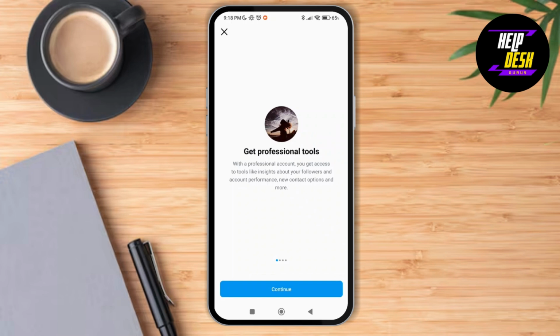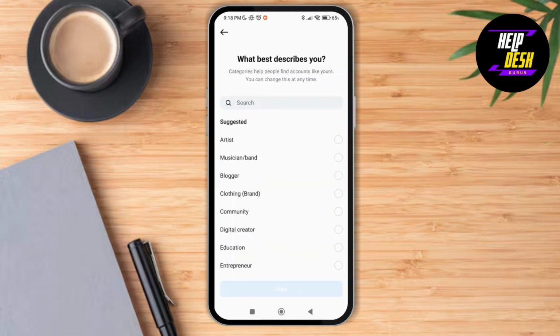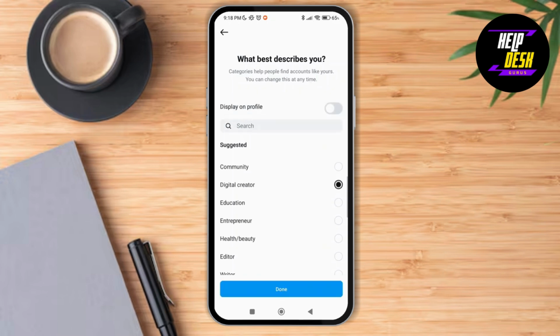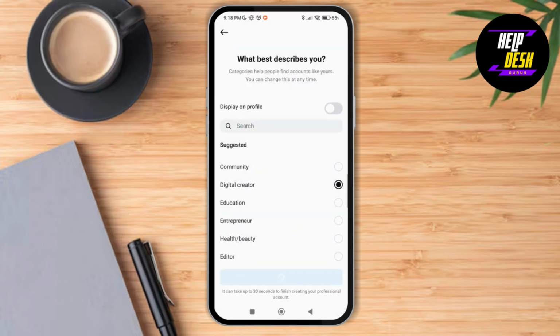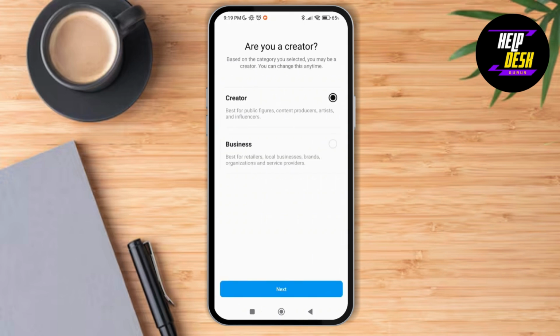you the professional tools as well and how you can turn it on. So just keep on tapping and continue, and then select what best describes you as a category. So for example, I'm going to select a digital creator over here and then tap on done. Now tap on OK, and here you can switch on display on profile, and after doing that you can just tap on next,